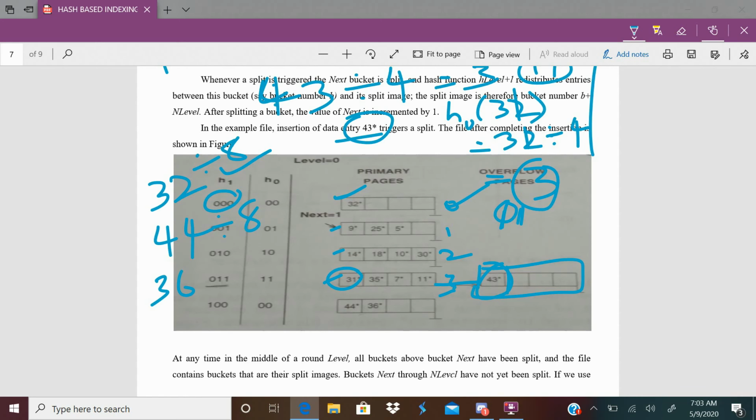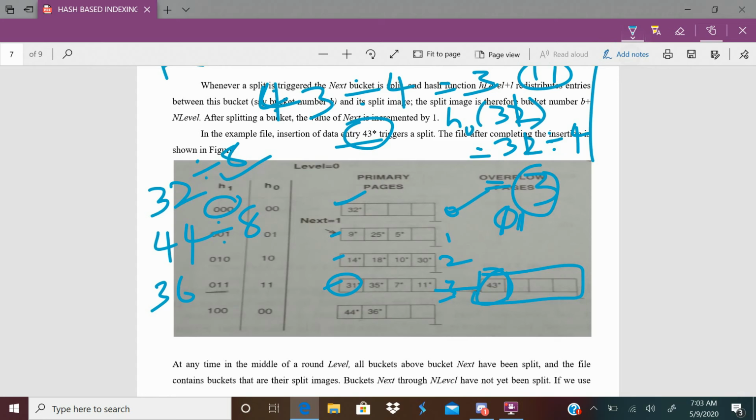4 in binary is represented as 100, right? It means you should go to the 4th bucket. It is 0, 1, 2, 3; next it is going to add the 4th bucket. So 44 comes under the 4th bucket. Similarly 36 mod 8 is 4, because 8 4s are 32. The remainder is 4, so it should go into the 4th bucket. Okay, fine. Now the only point you observe is that your split does not apply to the bucket which is overflowed.